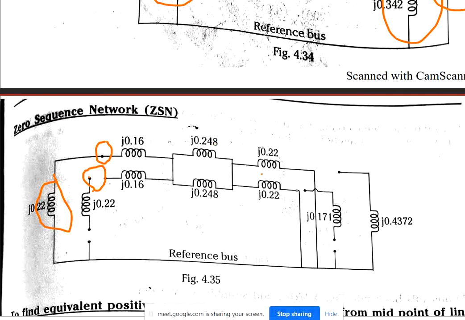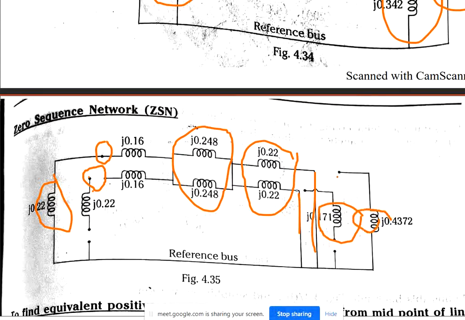So transformer 1 and transformer 2, and here also the lines, these are the zero sequence reactances of the transmission line, and these are also the zero sequence reactances of my transformers, right? See, these primaries are connected in star grounded, so I closed both the switches, and here both the switches are connected in delta, so both this switch and this switch are delta. Here my motor is just ungrounded, so I kept it open, and here also I kept it open, right?